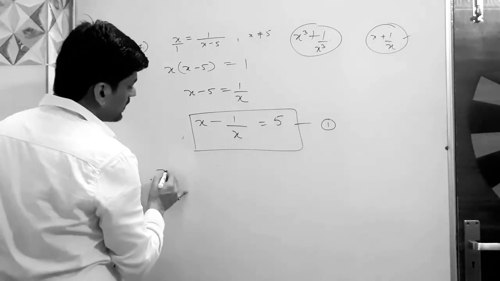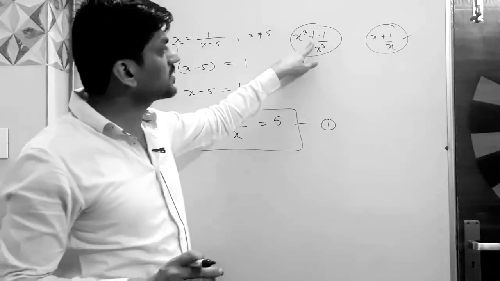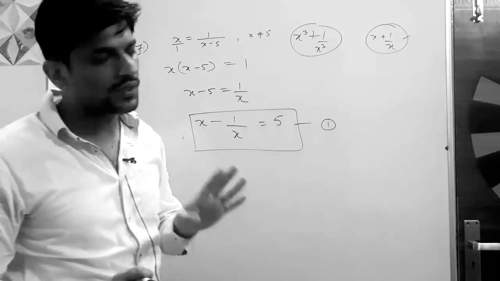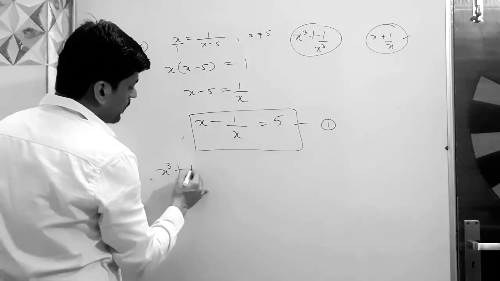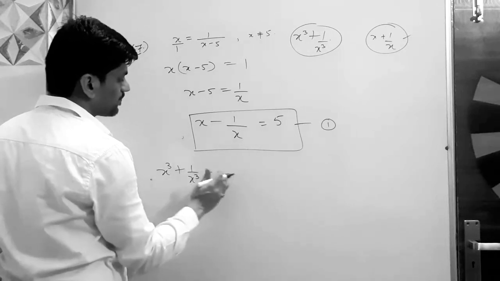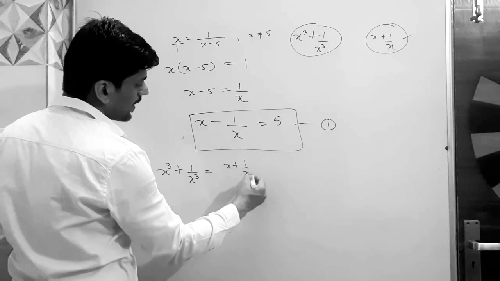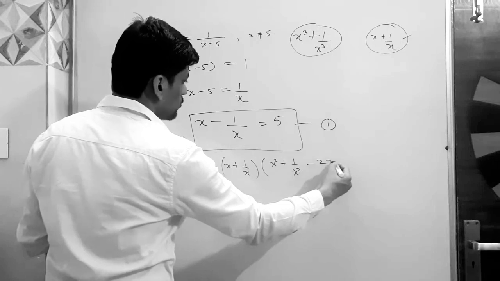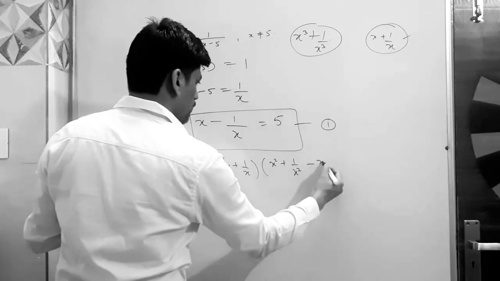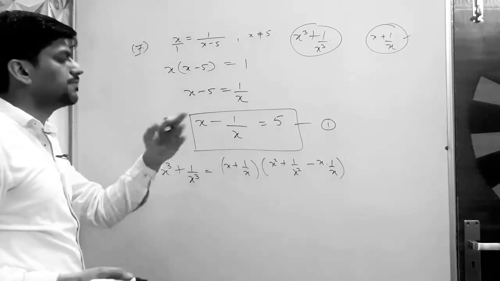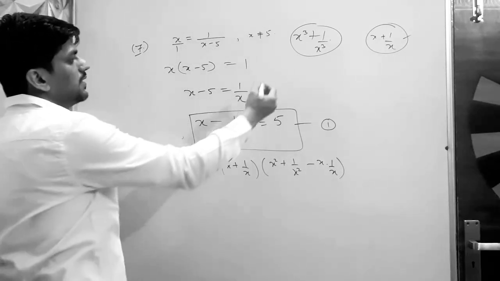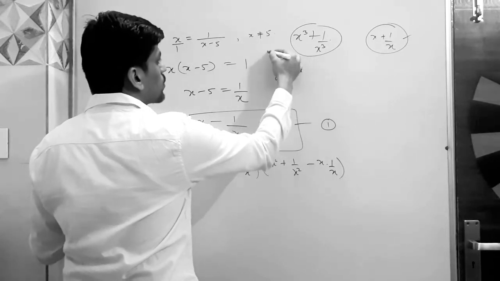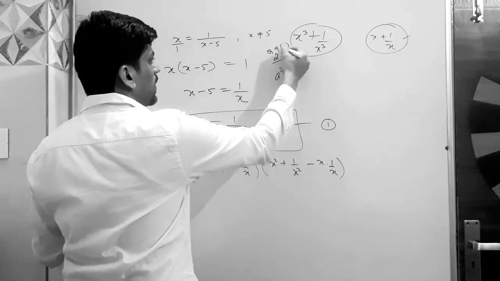Okay, let us factorize it. If there is a negative sign, then we can directly cube, but since there is a negative, we need to change our plan. Okay, so what we do, first of all, x cube plus 1 over x cube, its formula is x plus 1 over x times x square plus 1 over x square minus x into 1 over x. You have to remember this identity, that was the identity of chapter 2, exercise 2.5, question number 9, and it is the first part.